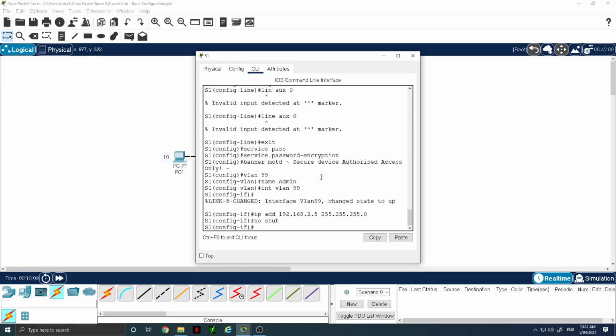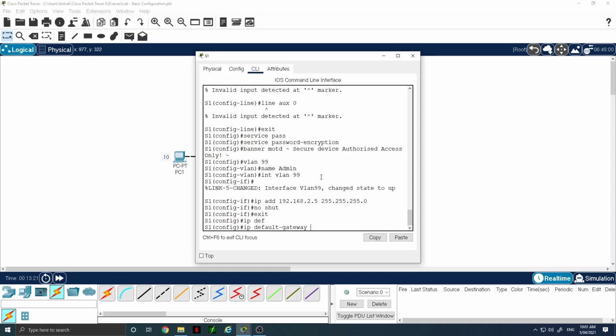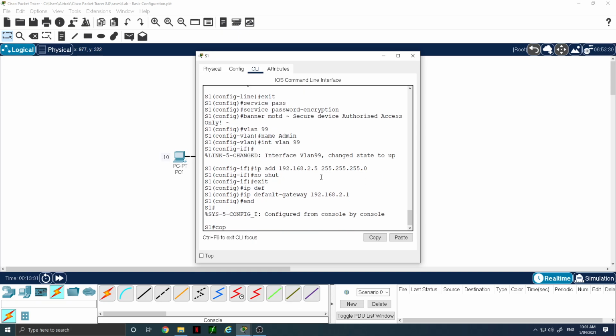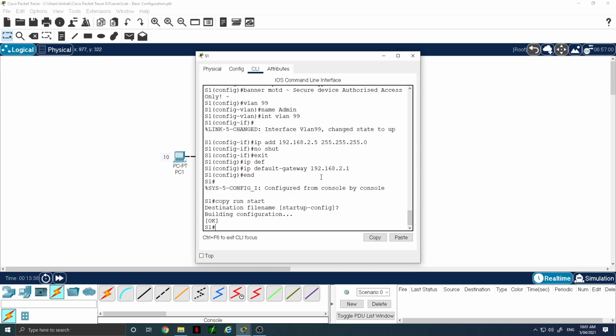So that's in. The other thing we need to do is IP default gateway, which is 192.168.2.1, and copy run start. Now,